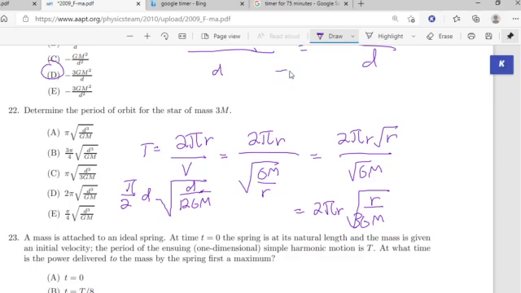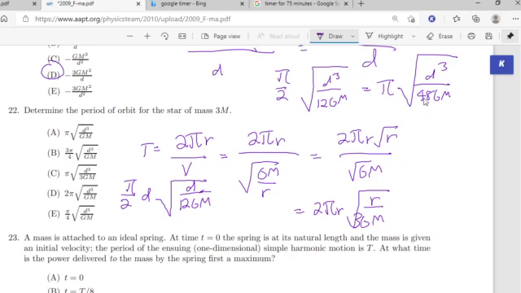So now we have pi over 2 root d cubed over 12GM. Still doesn't look like the choices, but I can multiply 4 to the bottom, so now I have pi times root d cubed over 48GM, and we can take out 16, so that would be 4. So then we have pi over 4 times root d cubed over 3GM, which is